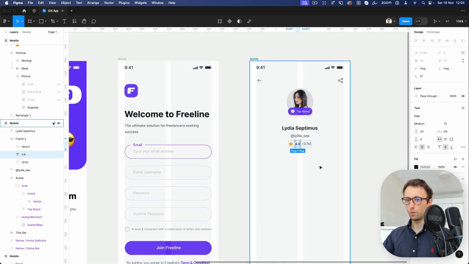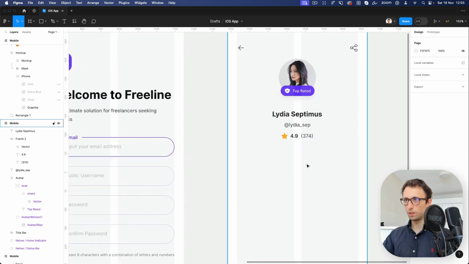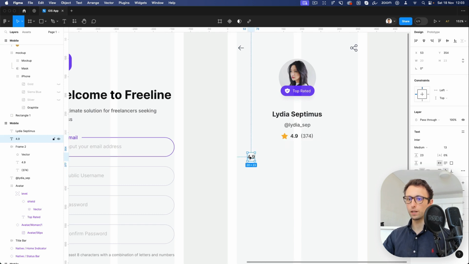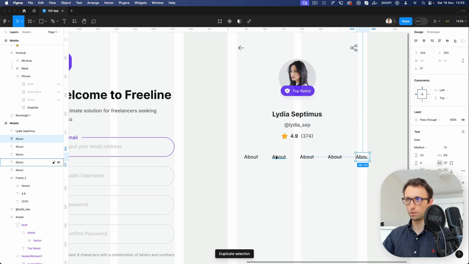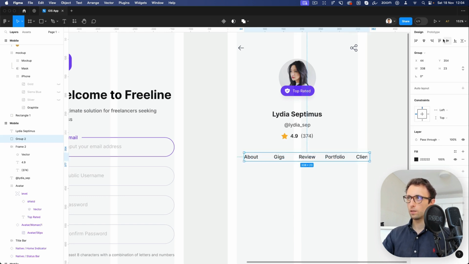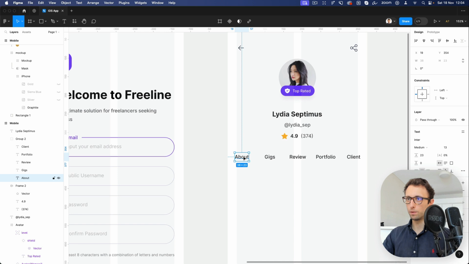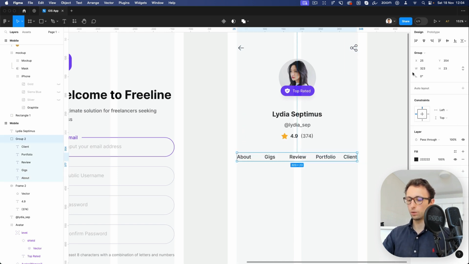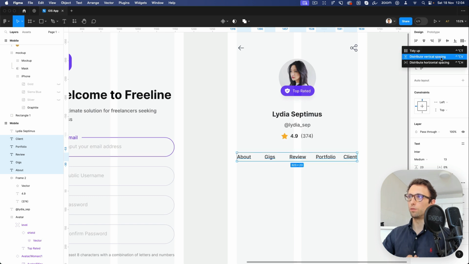Cool. Now at this point, what we need is the menu items. So about, I'm going to use Command D in order to duplicate these a few times. Review, portfolio, client. Let's group these up, center them, and as you can see, it's not perfectly within the boundaries of our